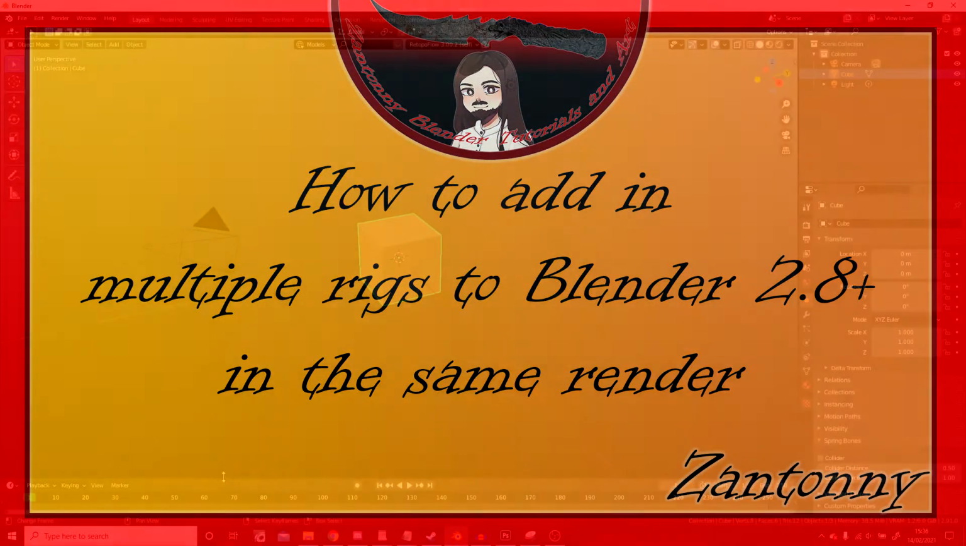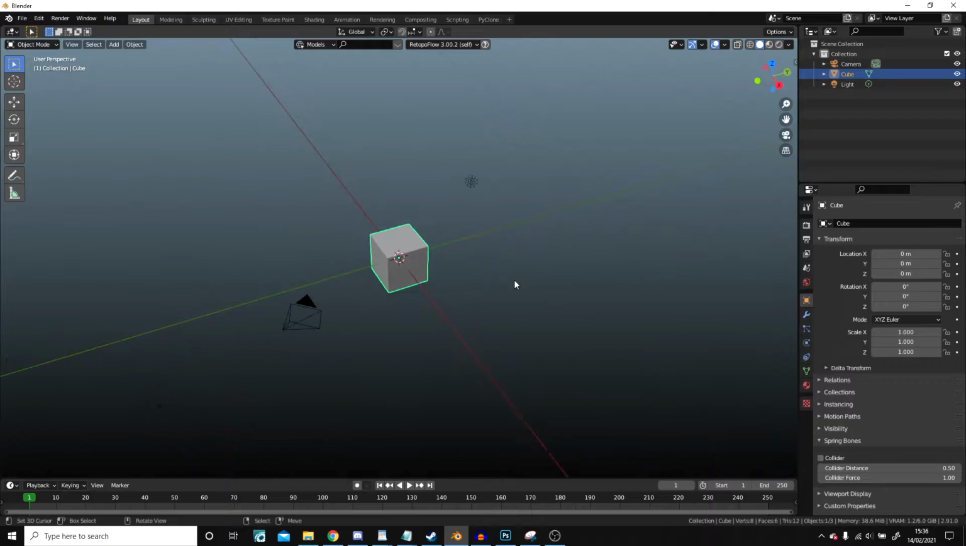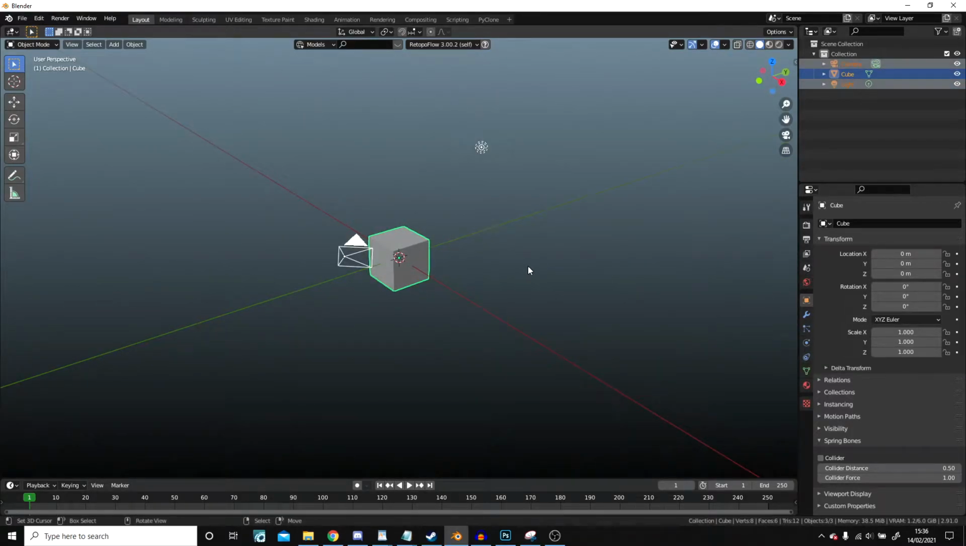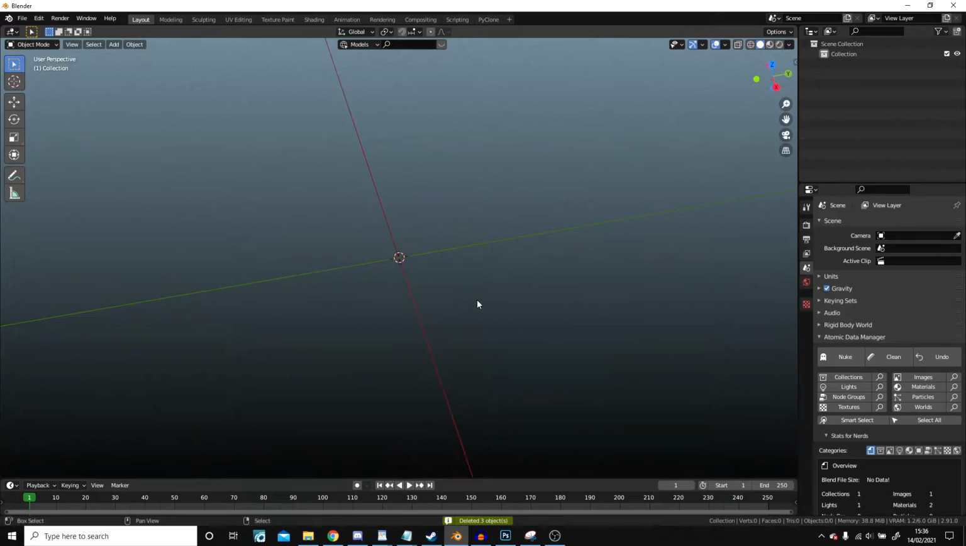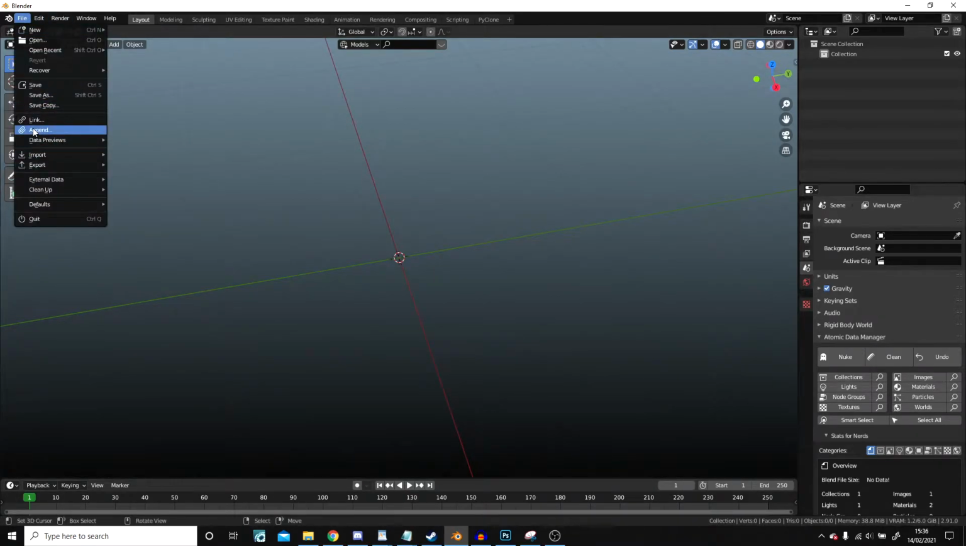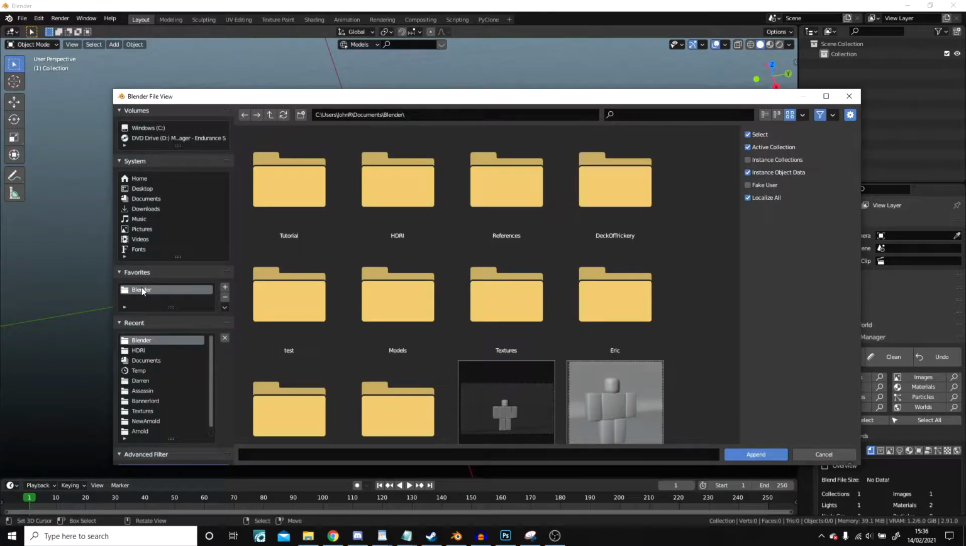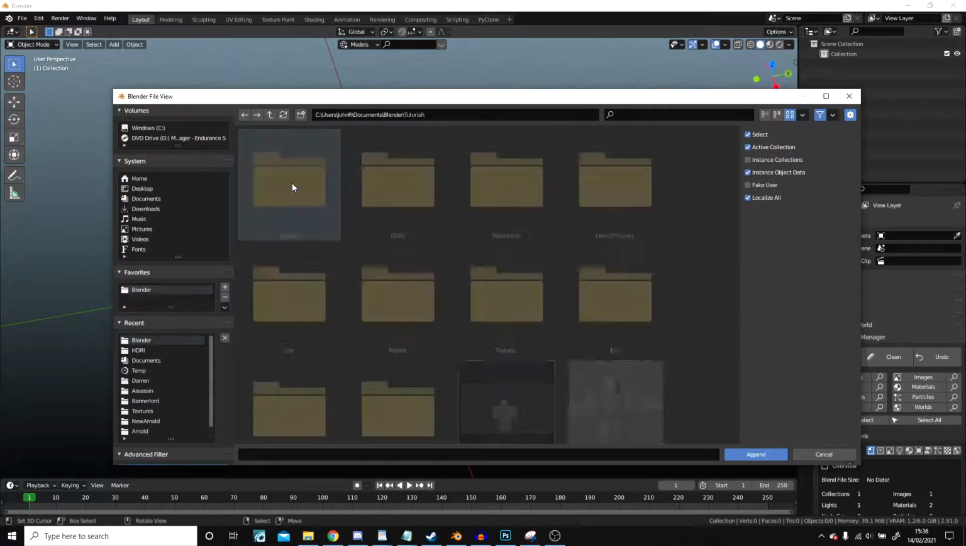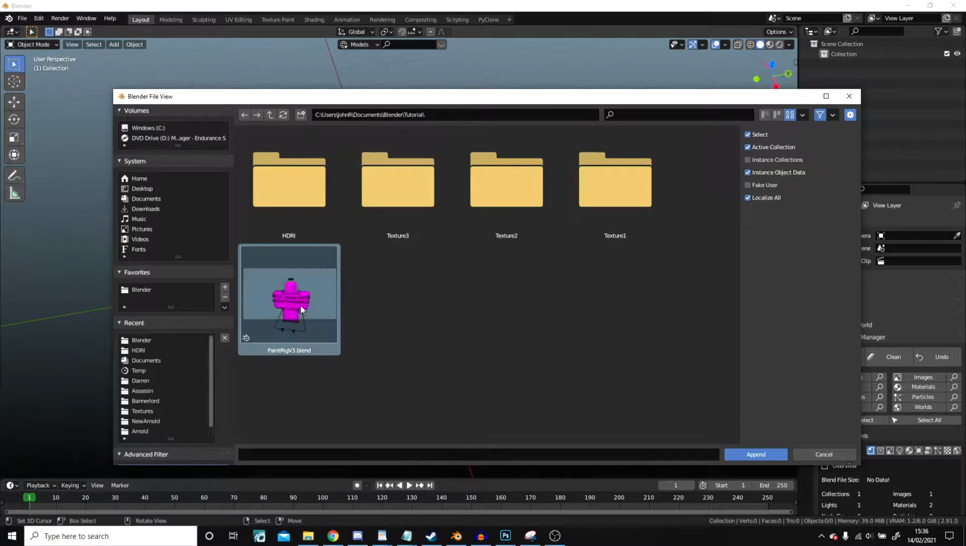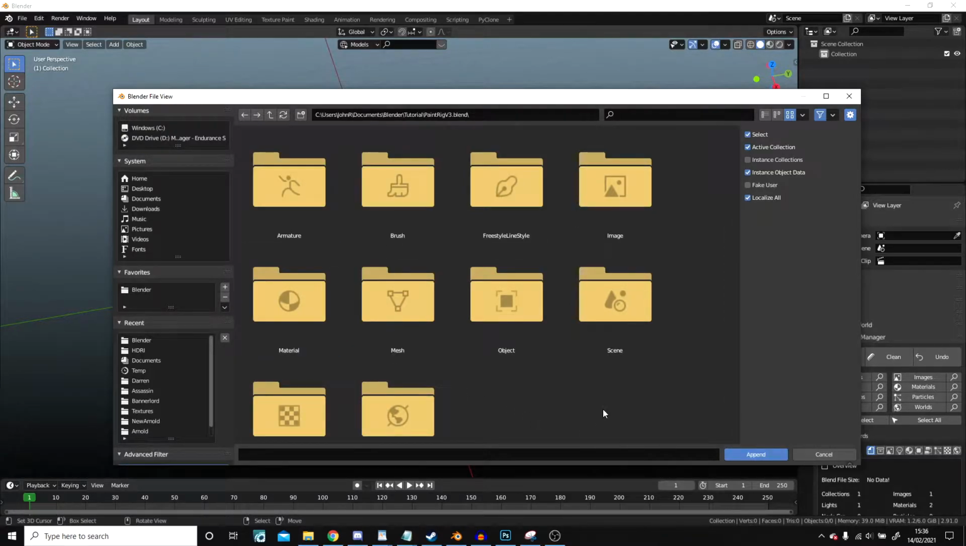Hello! Now, I've seen a couple of people that were looking into wanting multiple rigs on one screen. So what we're going to do is I'm going to delete all of these, and I'm going to bring in, you're going File, Append, into my Blender file folder. Now I've already got a tutorial folder set up, but you'll have to locate it, and I have PaintRig v3 in here. I'm going to click Append on that one, and then I get this screen,